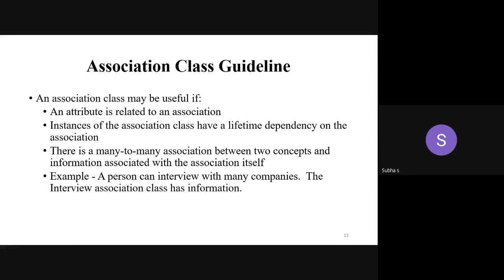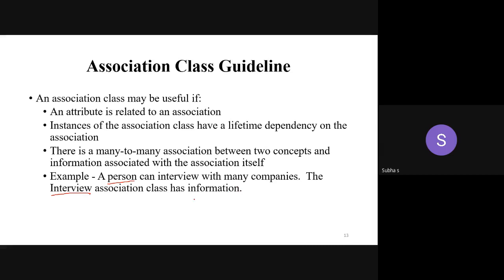Also, there is a many-to-many association between two concepts, and information can be associated with the association itself. Look at the example. A person can interview with many companies. So which can be treated as the association class here? The interview can be the association class, because a person can have interviews with many companies.